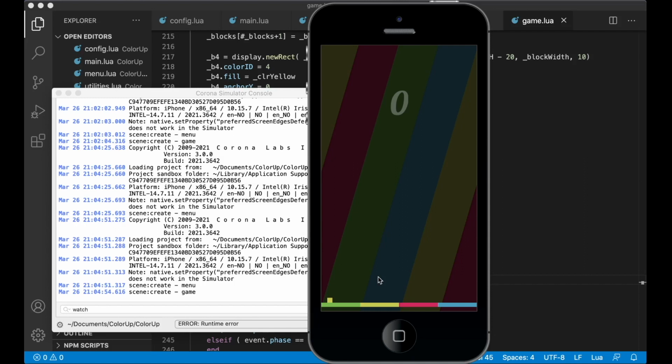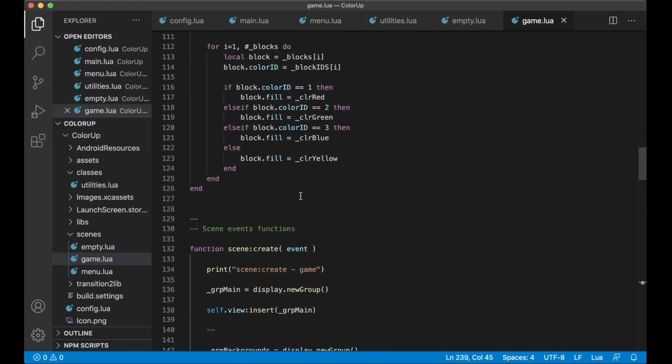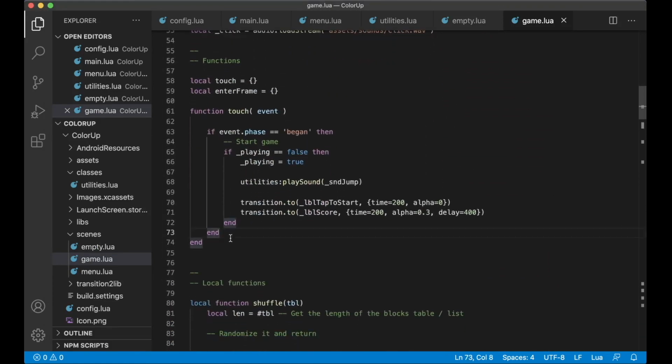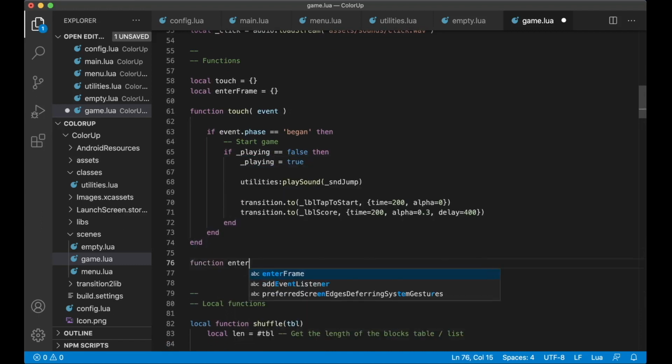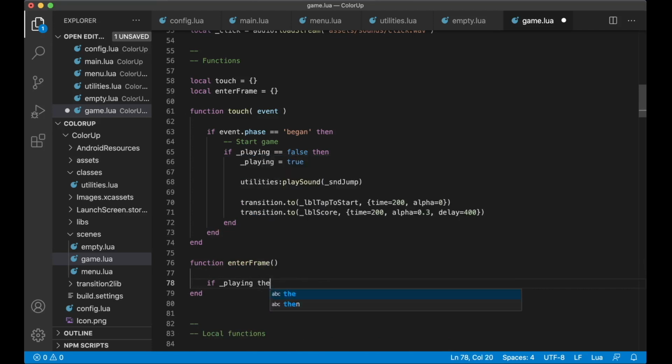But at least now we know that the game is running, we hear a jumping sound and everything is ready. So now we need to make the hero or the character move. So if you go back here now and find enter frame, below here you can say function enter frame. I don't need any events here. Now we can say if playing, then if hero dot